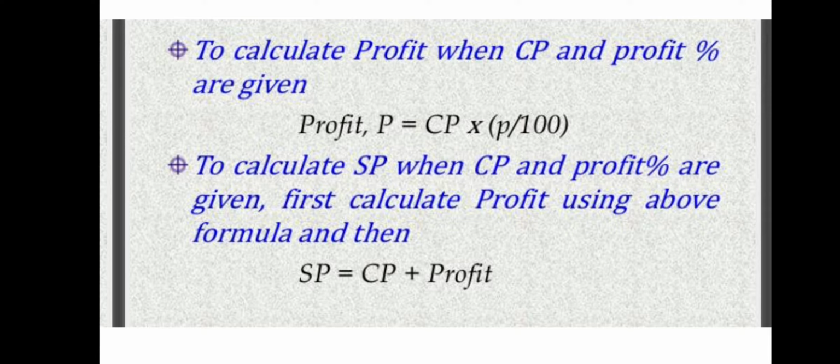And in another situation, when we want to calculate the selling price, we want to know at what price we sell a good when we made a profit. We don't know our selling price. So for knowing the selling price, what will we do? We'll add the profit to the cost price, because now we know the profit and we know the cost price. So when we add cost price plus profit, we'll get our selling price. So these are the terms you should know when you are calculating profit and loss.